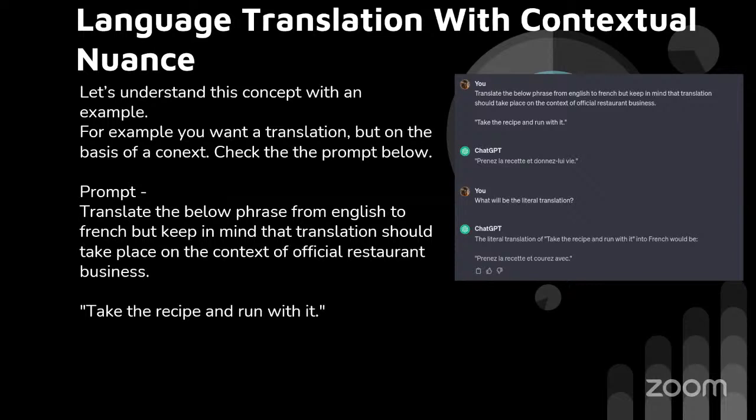Now you can see it has converted the specific text into French on the right side. Prenez la recette et courez avec. What will be the literal translation? The literal translation of take the recipe and run with it into French will be this. It's giving us